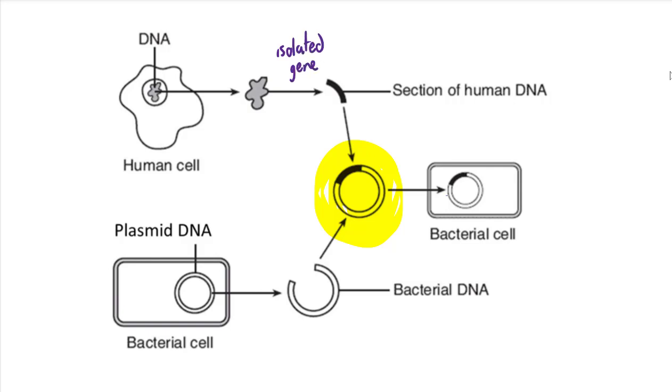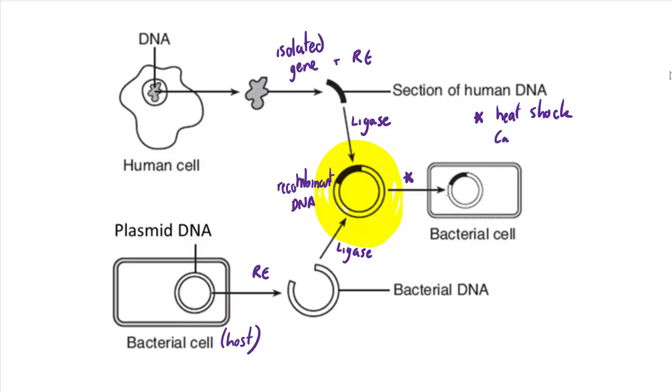So we've isolated the gene and cut with restriction endonucleases. We've got our bacterial cell, which is the host cell, and we have removed its plasmid and used restriction endonucleases. We've joined them together with ligase to produce this plasmid, which we said was recombinant DNA. We then want to encourage the bacteria to take in the new vector, which is the plasmid with the DNA. So what we've got to do is heat shock